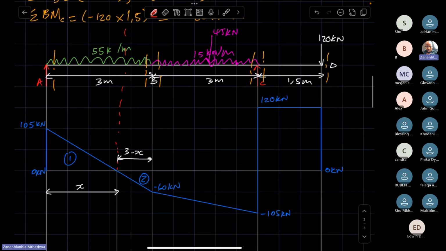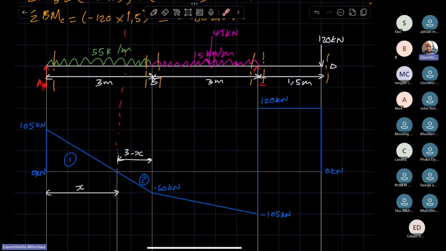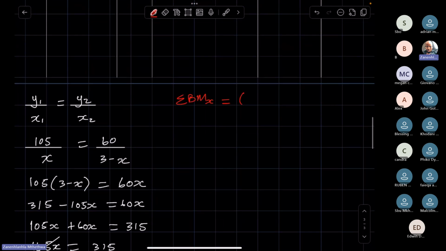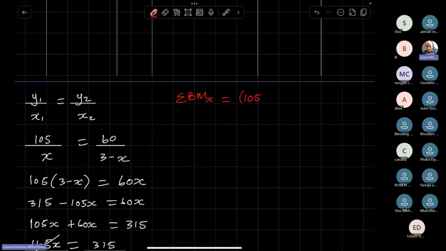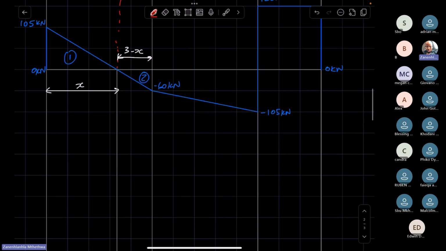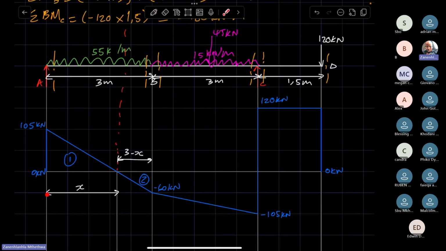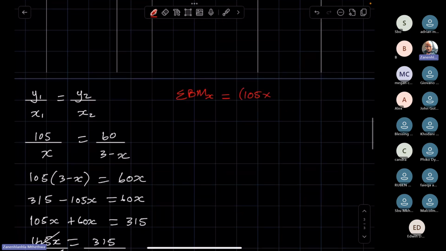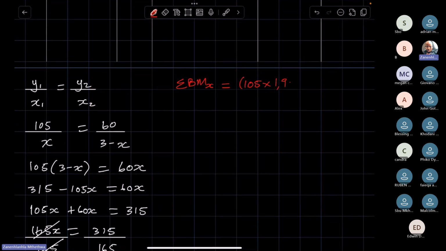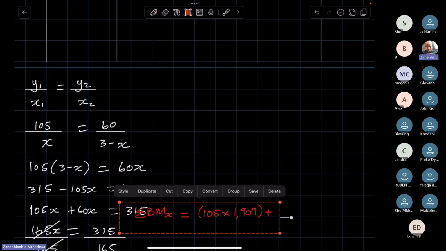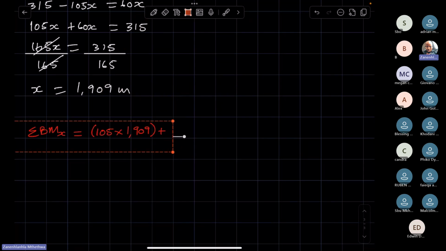Remember here you have the reaction at A, which is upward, it is equal to 105. So this is 105 times the distance between the reaction and the critical point, which is this x value. That x value is 1.909, plus